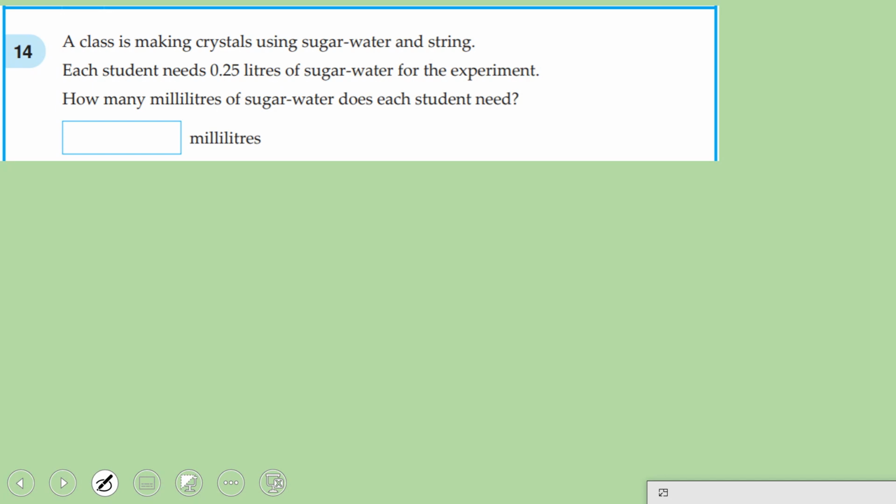The only thing you need is each student needs 0.25 litres, and we just need to know how much 0.25 litres is in millilitres. So to go from litres to millilitres, 1 litre equals 1,000 millilitres, which means what we're doing is we're multiplying by 1,000 to go from litres to millilitres. So if we go 0.25 litres times by 1,000,